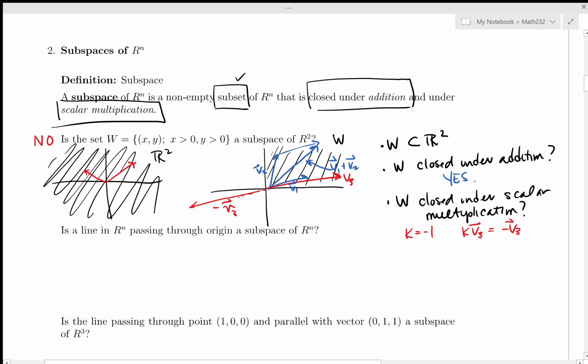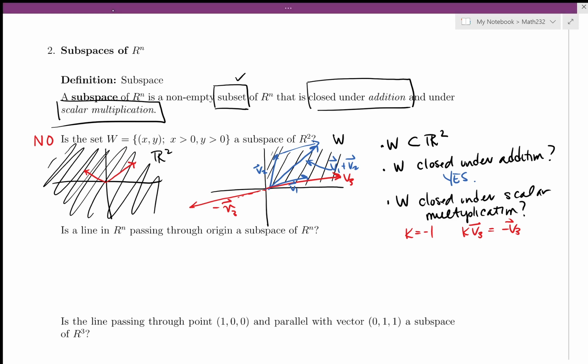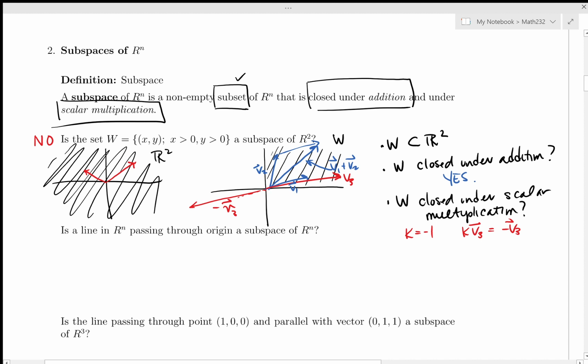Okay, so let's do a similar thing here. Is a line in Rn passing through the origin a subspace of Rn? Again, we're going to look in R2. I understand the question says here Rn, but let's look at R2 for some amount of intuition. I find this useful. So R2 for some intuition. Okay, so what we're saying is we've got R2, that R2 being the entire plane,